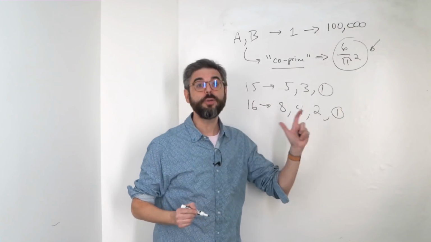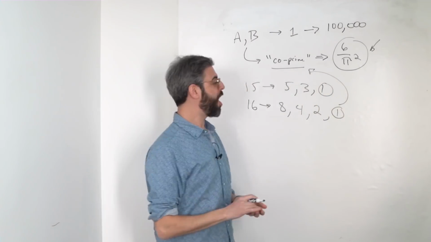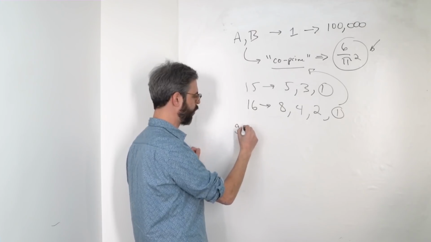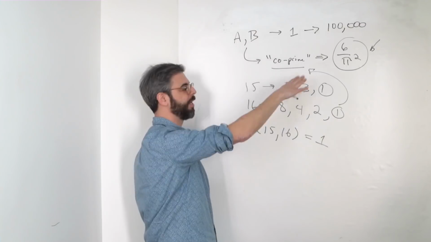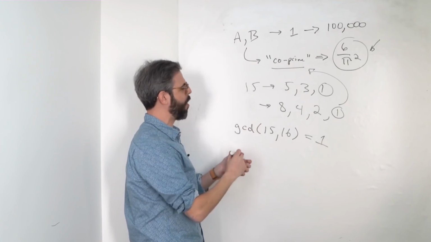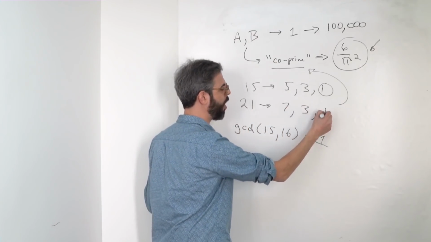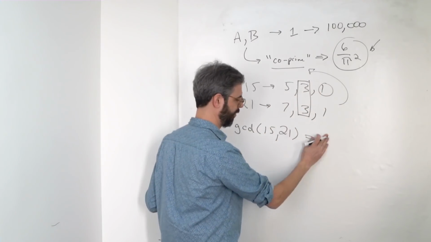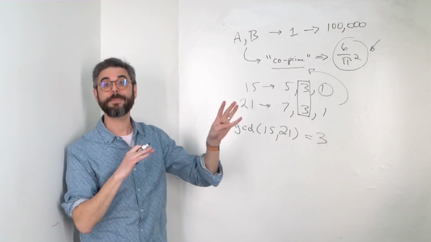If two numbers don't share any factors other than 1, they are co-prime. Another way to say co-prime is greatest common divisor. So the greatest common divisor of 15 and 16 is 1. That's the highest number that divides into both of them. Let's change the 16 now to 21. The factors of 21 are 7, 3, and 1. Oh, look at this! They share a greatest common divisor of 3. I should not be erasing this with my fingers. This means they are not co-prime, and in fact, Matt Parker calls this cofactor.